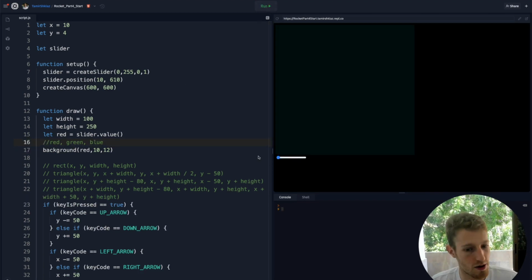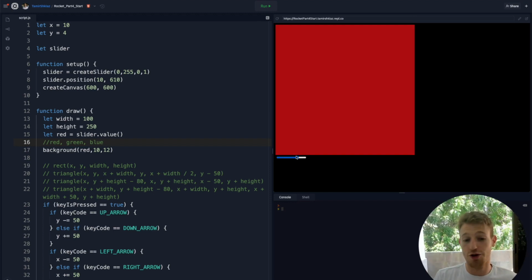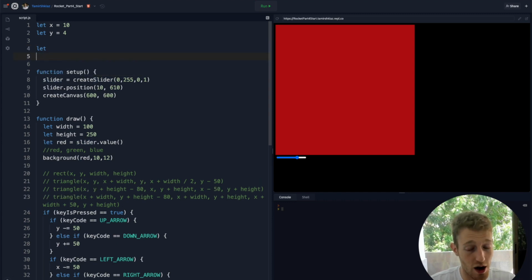And now, same thing, but just better variable names. We now need to create the different sliders for the different colors. We have it for red. We want to do it for green and blue. So the way we're going to do that is that we need to create multiple slider instances. So we're going to create something like let slider 1, slider 2, slider 3, and we're going to name them